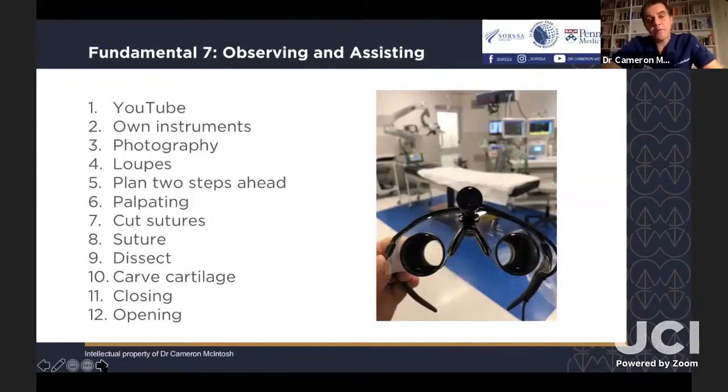I would suggest you jump onto YouTube beforehand so you can just at least see some rhinoplasties. You will be getting that over the next few months as we teach you guys. Start building up your own instruments. So what I did is, when I was doing all my cadaver dissections, I started to build up my own